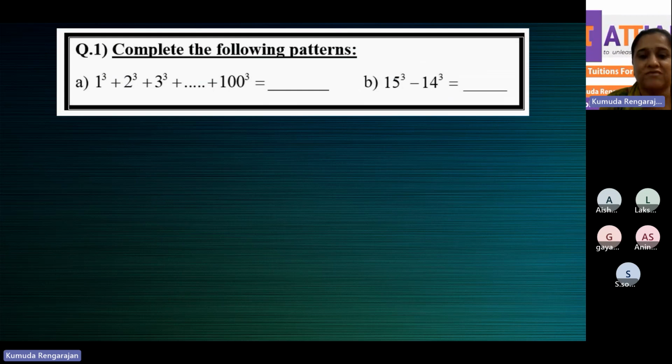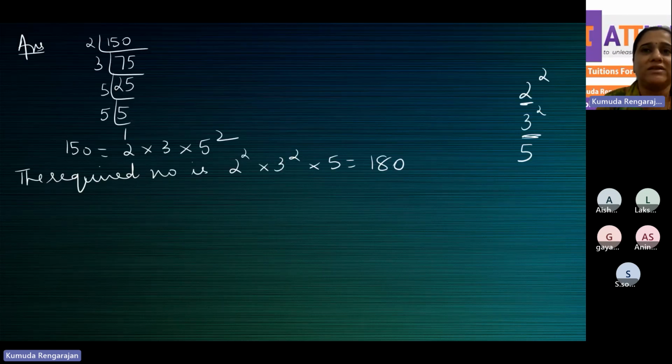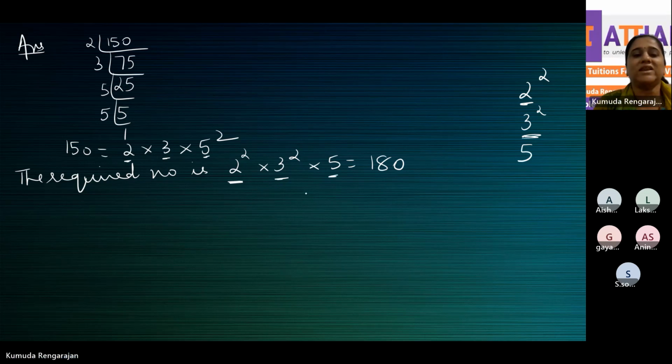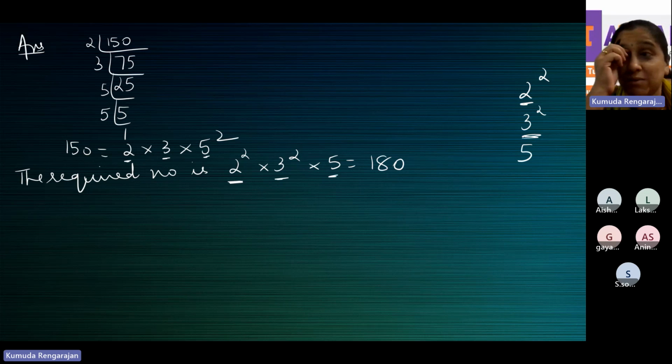For multiplied, you must introduce the factors. If you have to find the least number by which the given number is to be multiplied, you must introduce factors. So you're being very kind here. 2 does not occur in triples, so you're giving it, okay, take 2 more 2s. This 3 also does not occur in triples. Fine, so take 2 3s. And 5 square needs 1 more 5 to be 5 cubed, so take 1 5. When you have to find the least number by which it should be multiplied, you're being very kind. You're donating factors. Come on, take, and multiply and get the number. But